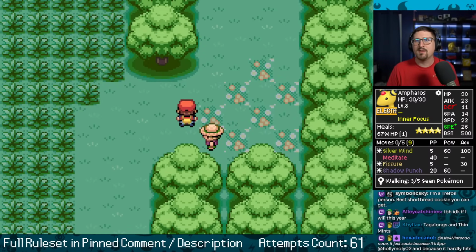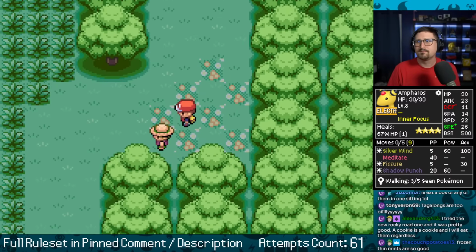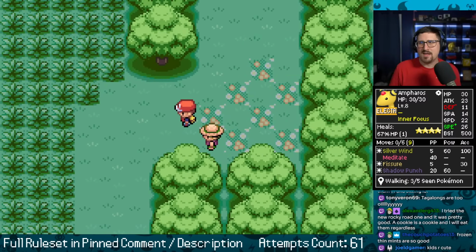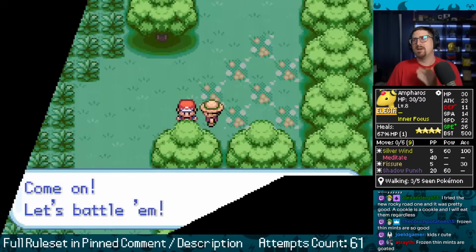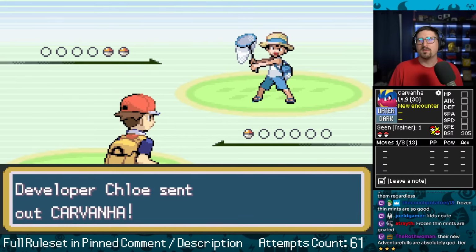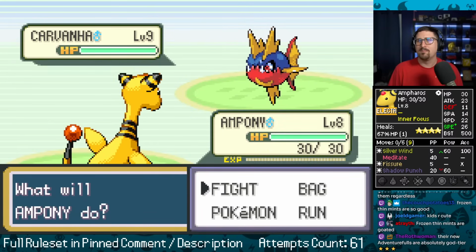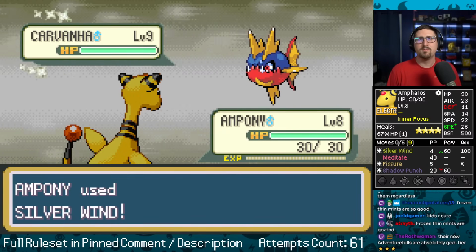It's time to fight, by the way. Wait. I want to make sure I'm fighting the first trainer first. Yeah. Let's do it. Cool. I can even potentially Meditate if I want to, to try and sweep a little bit better. But it would have to be a very weak Pokemon for me to consider it. Plus, Silver Wind can always proc and get me extra stuff. Speaking of Silver Wind, hits for weakness. That's just a must for me. Bada bing, bada boom.